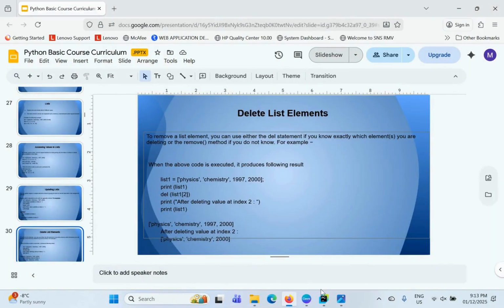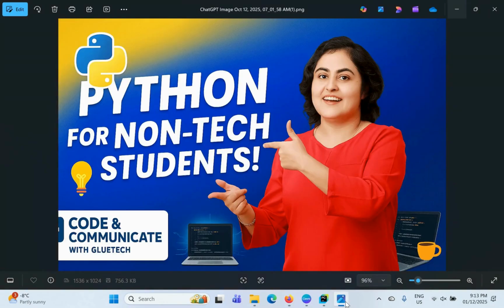So I hope you understand the concept of string and list, and also you have seen the different inbuilt functions that you can use easily. So you don't have to use the logic for removing or splitting, right? You can directly use the inbuilt function, so that makes Python